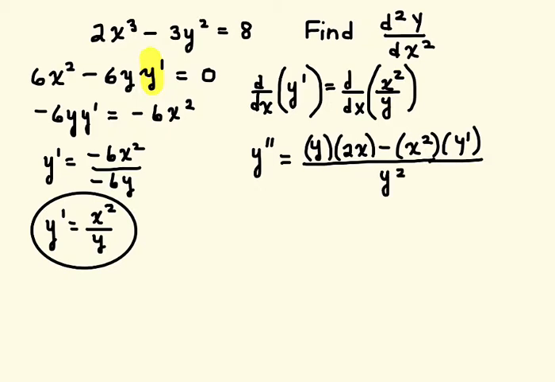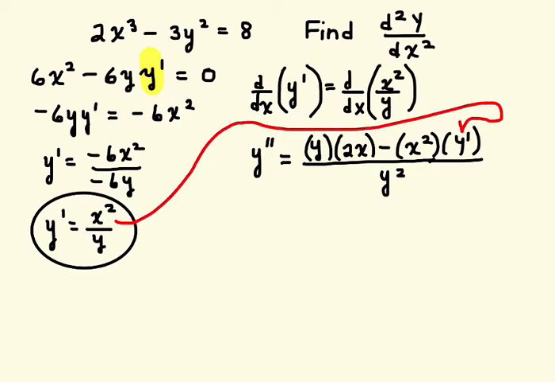So what I did is I have the bottom times the derivative of the top minus the top times the derivative of the bottom over the bottom squared. All right, so I'm not done yet, because I actually have a y prime within the expression. Exactly. So we're going to have to substitute in